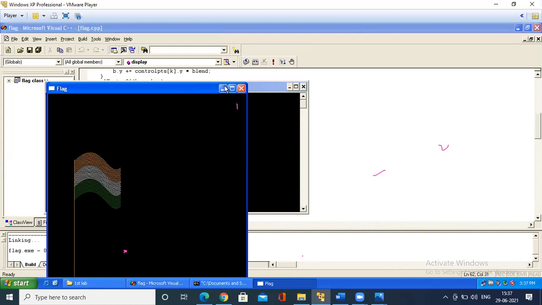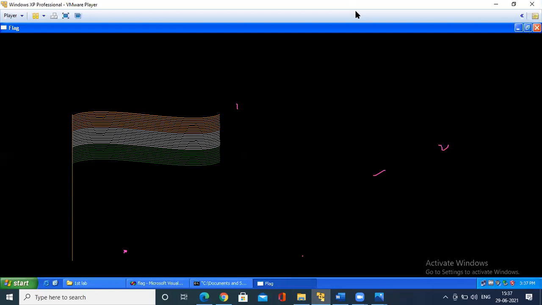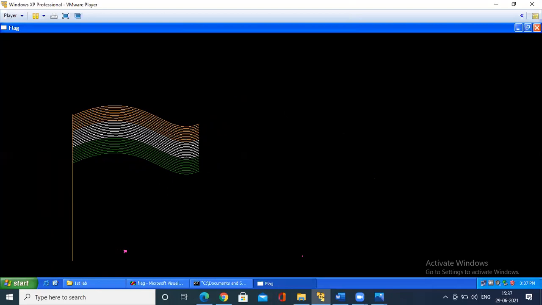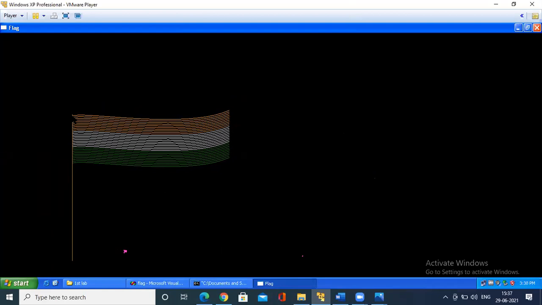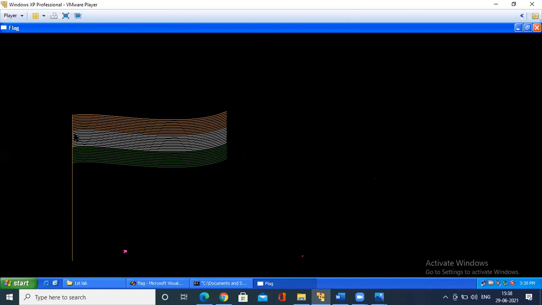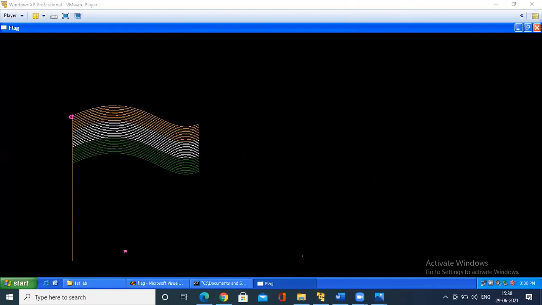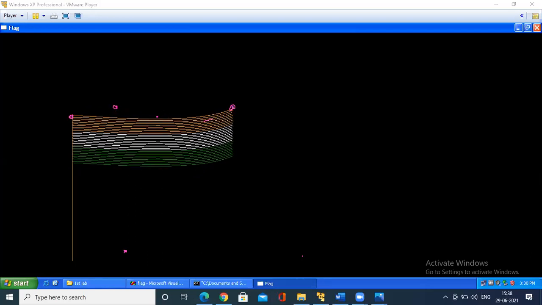So this is menu driven. By default, it is fluttering. So when I right click the mouse, again I can wave. See, now you see the blending effect. This control point is fixed. This control point is fixed. This means the control points over this, see how it is changing. This and this, see how they are changing. I cannot fix the control points.